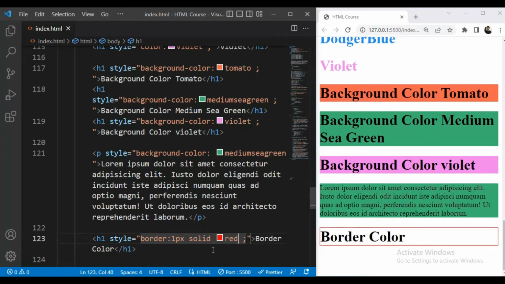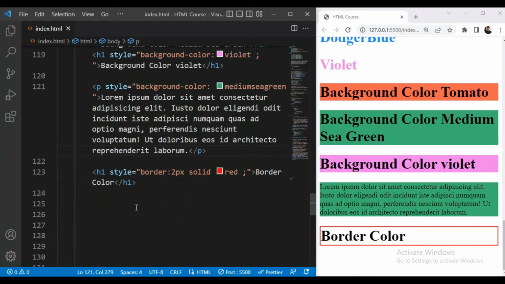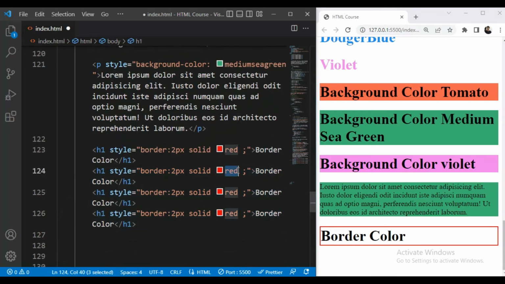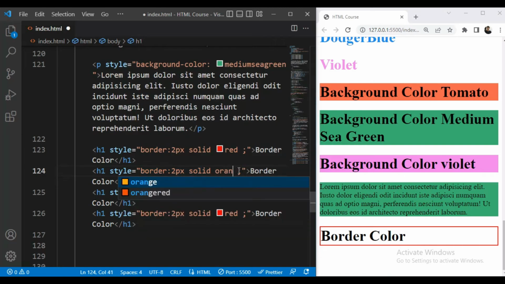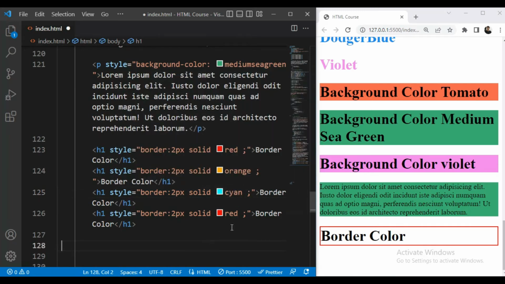So you can see. Here we will make it 2 pixels. Now you can see here. Okay. Then next we will copy it a few more times. We will change the color to orange and gray.